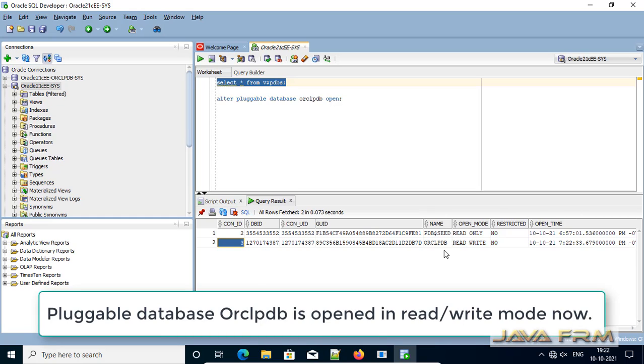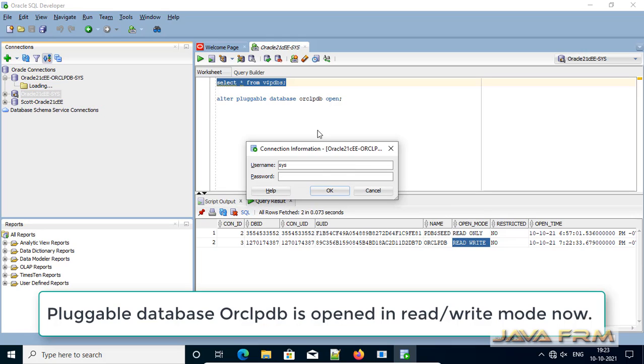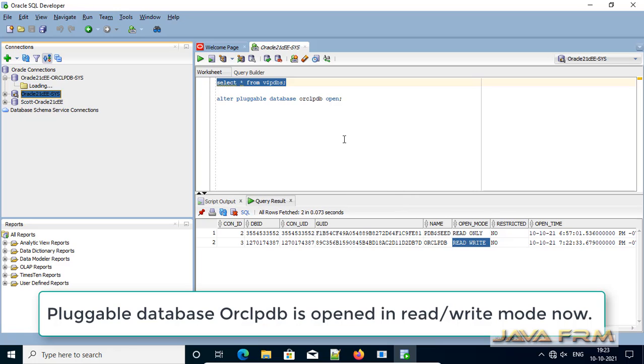You can see that the open mode is read write now. Okay, open mode is read write. Now let me try to connect to ORCL PDB.